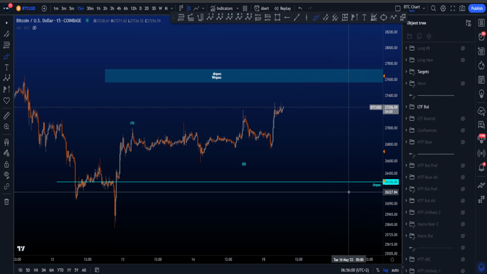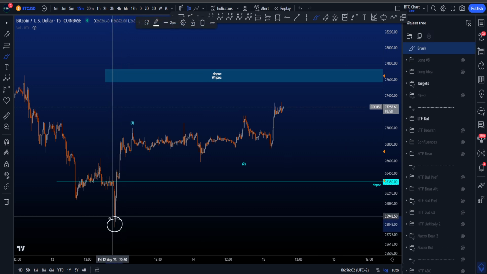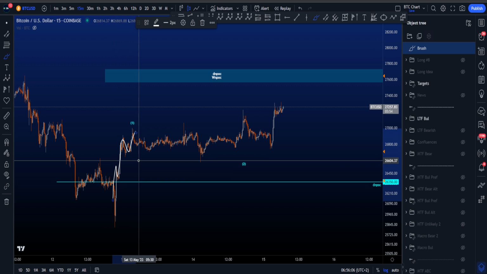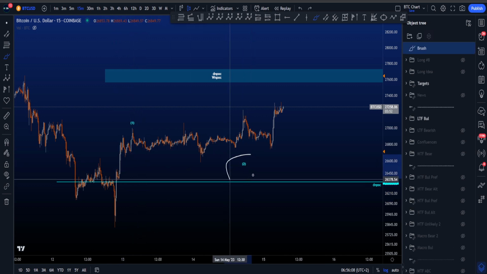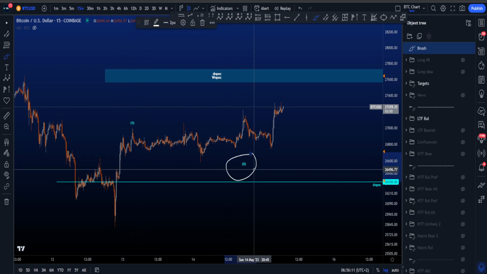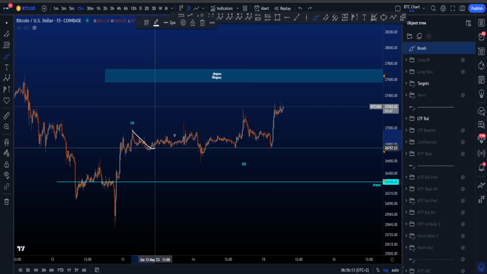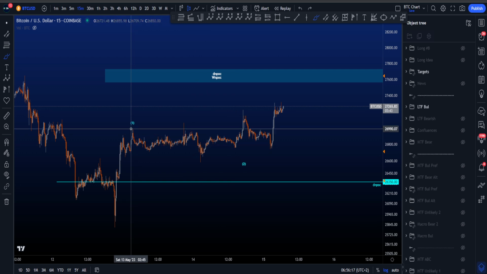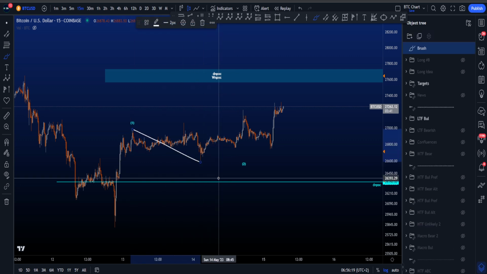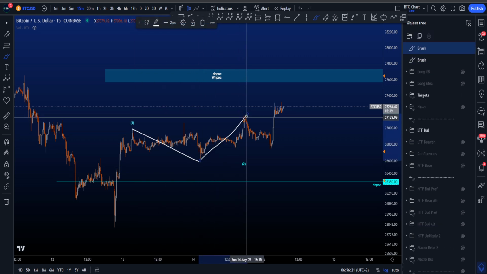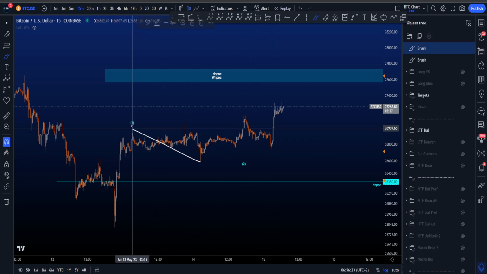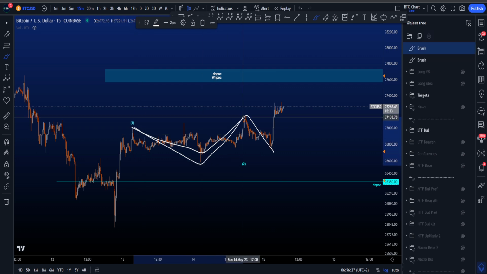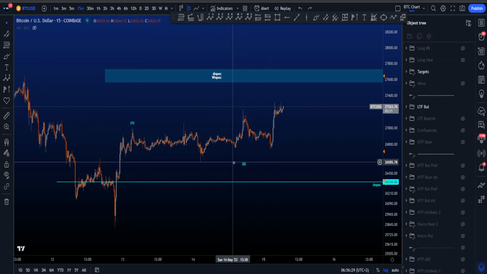Whereas in the bullish scenario, you expect this to be the low of something. Then this is a wave 1, and then a 1, 2, 3, 4, 5 wave move to the upside. And then we have wave 2. Now there's two options for this wave 2. Either this is a 3-wave structure and wave 2 ends over here, or this is a first 3-wave structure, a second 3-wave structure, and this is the last one. So then you have basically a WXY, which then is a 3-3-3 wave move,